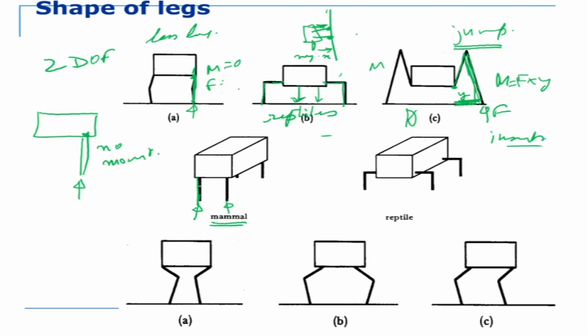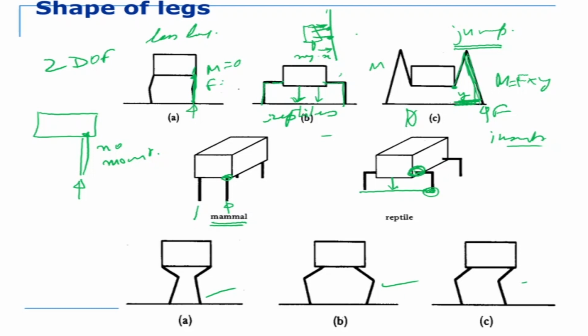So which means that this is the force here and the force here, and there is no moment at this point. Okay, so there is no moment being supported here. Hence, energy requirement is less. Okay, so reptile, there is an energy requirement there, but then the body can come close to the ground. So the torque requirement here is less. Okay, these are leg designs again which are not used that much.